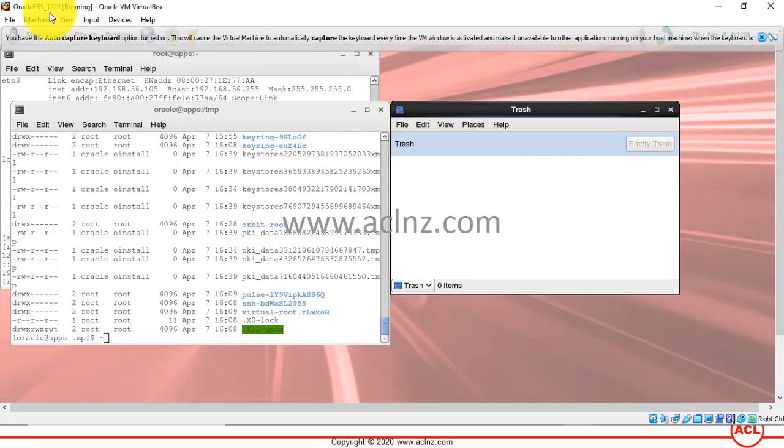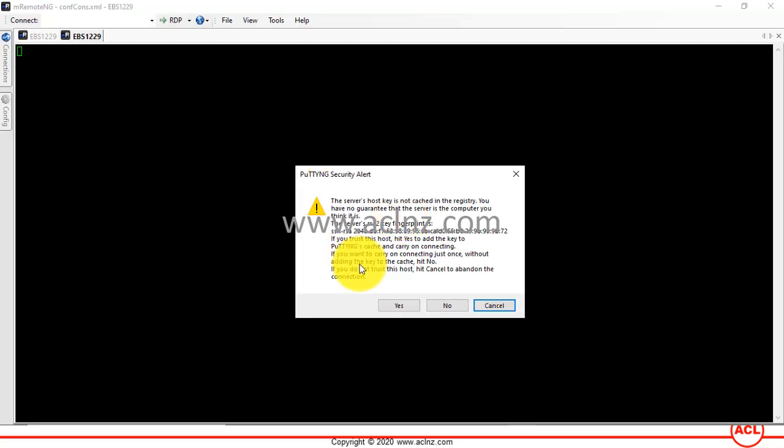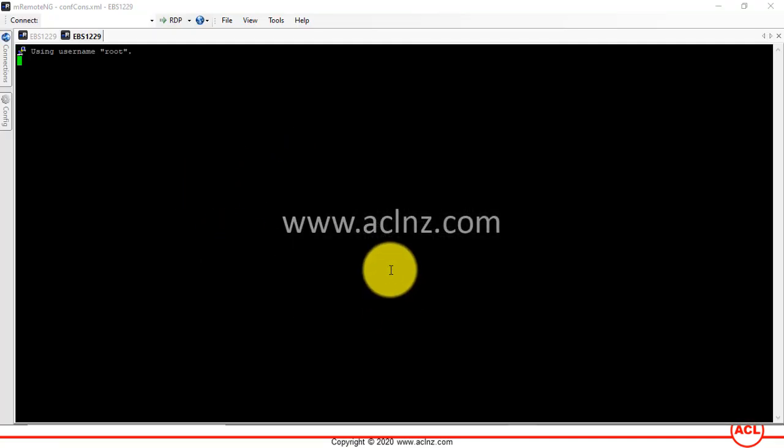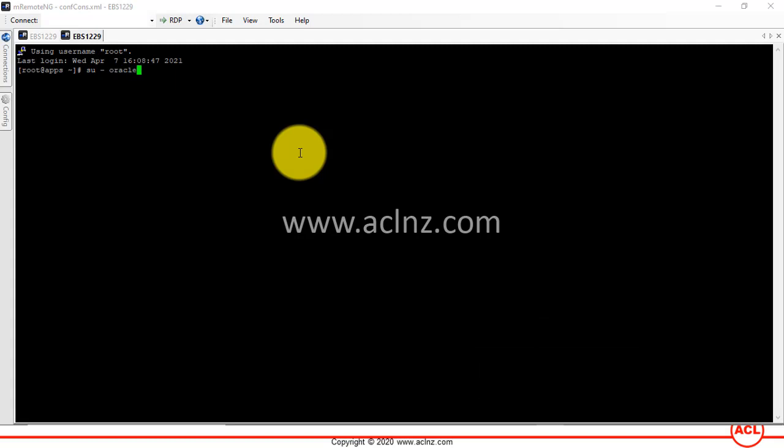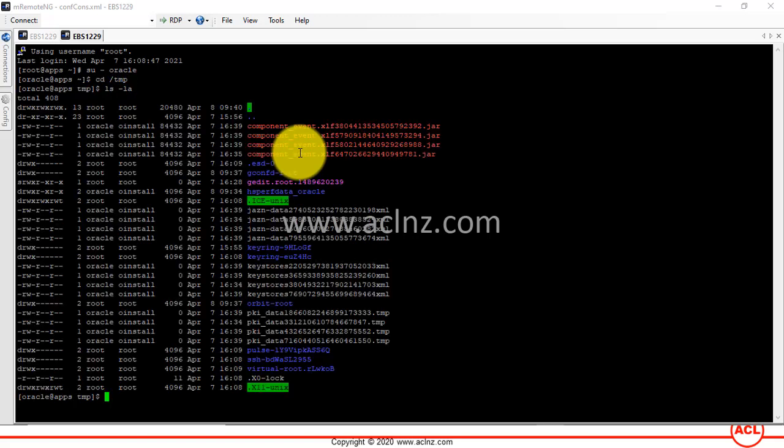Okay, so I'm able to connect now. What I'll do is simply change the user to oracle like this, and then I'm going to go to the temp directory and see what's there in it.